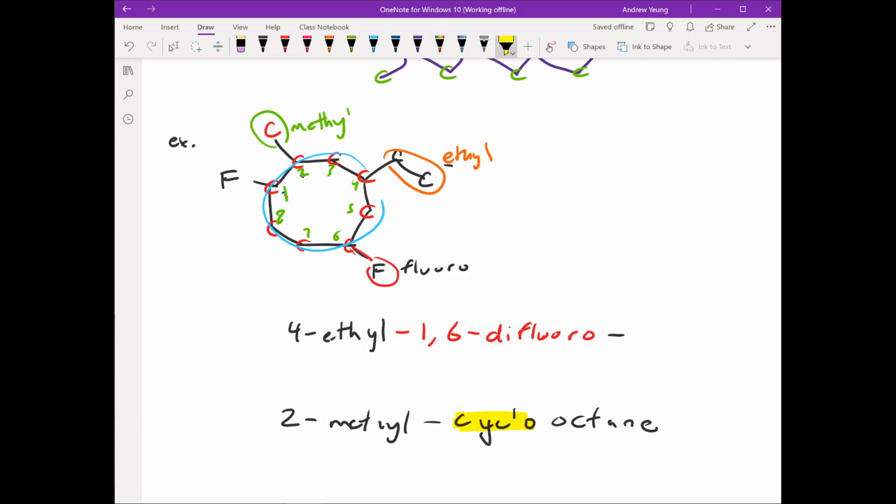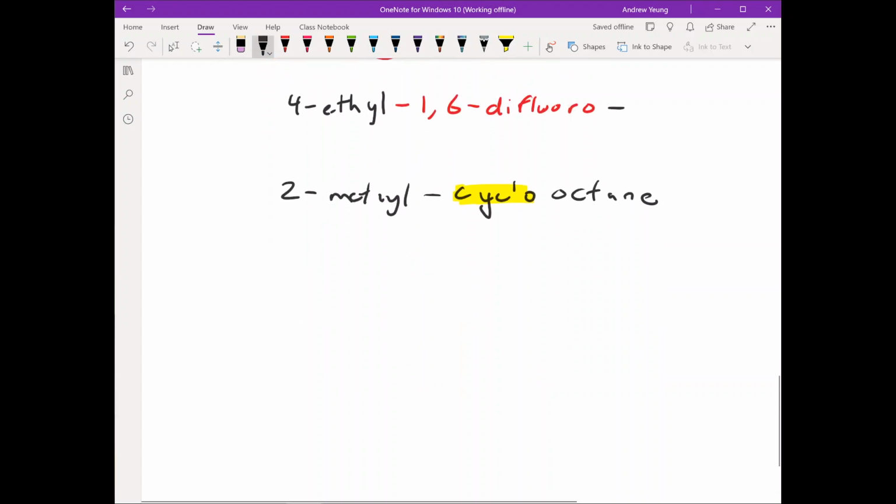Okay. Again, lastly, just for practice, sometimes we're not given the structure all drawn out and all nicely diagrammed for you here. Sometimes we're given just a word name. We want to see if we can draw the picture. Okay. So let's see if we can go the opposite way here. Let's do a 1,4-dichloro. Okay. Just gives us a little bit more variety when we have our halogen groups here. 1,4-dichloro. Let's go 3,3,5